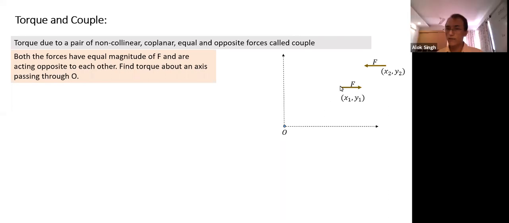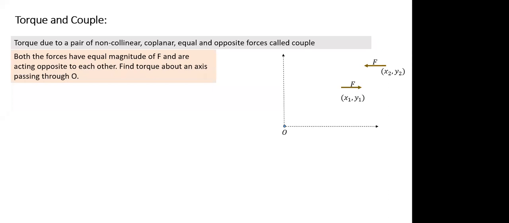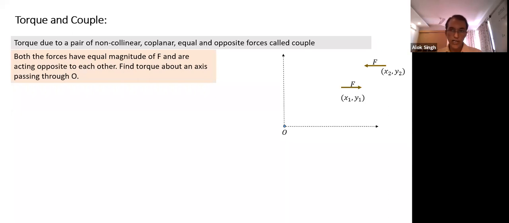Suppose there's a rod here, the rod will rotate in the clockwise direction, so negative. And how do you find its magnitude? What is the perpendicular distance of the line of action of force from the origin? Y1. If the force is horizontal, the distance is measured along the vertical direction, the y coordinate. So the torque of force F acting at X1, Y1 equals minus F into Y1 k cap.